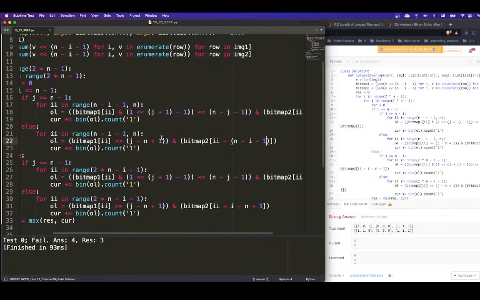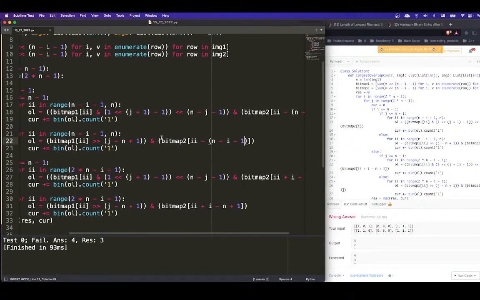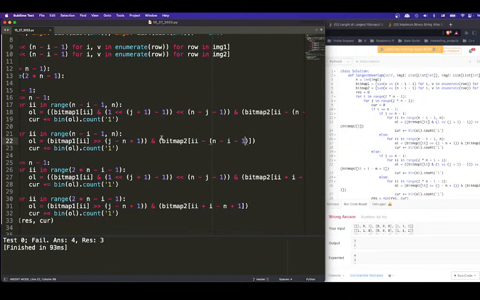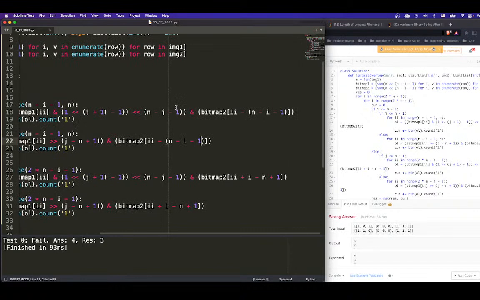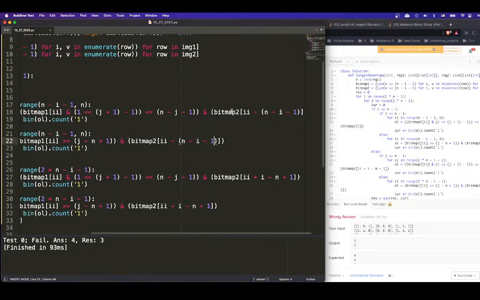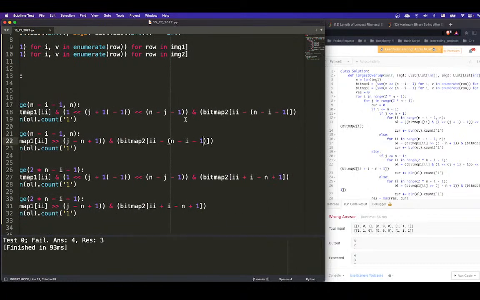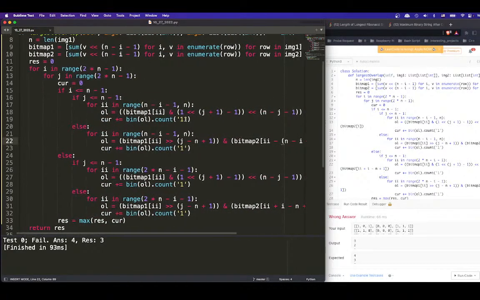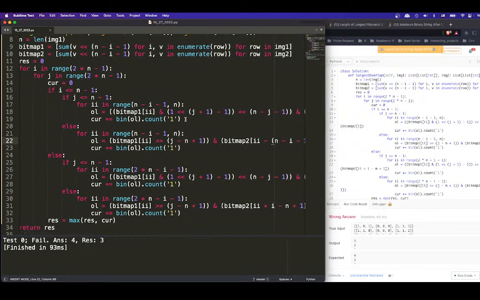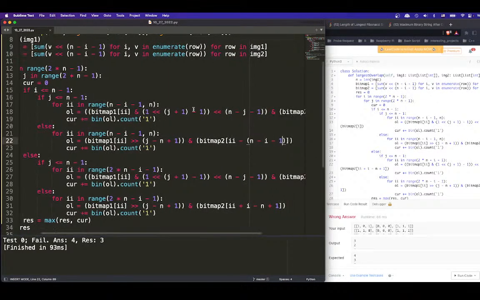That's not fun. Yeah, let's do it again. So ii is 0, right? Because right now, i equals n minus 1. Okay, i equals n minus 1. n minus n plus 1 will be 0. So it'll be ii, right? So it'll be ii. This will be ii. So bitmap 1 and bitmap 2 will be exactly the same. Okay, which is fine. Now we're gonna say